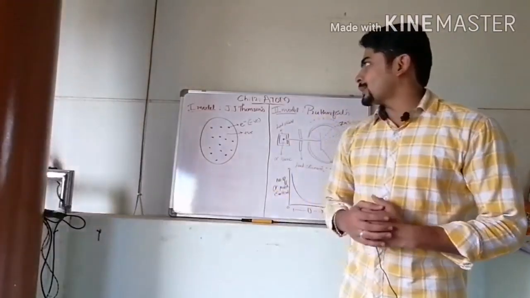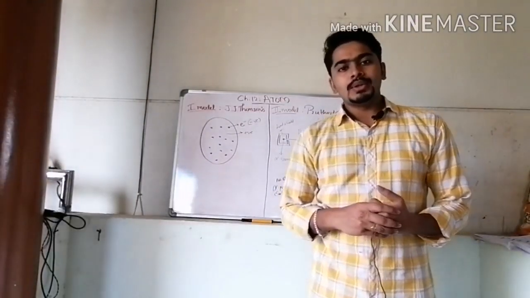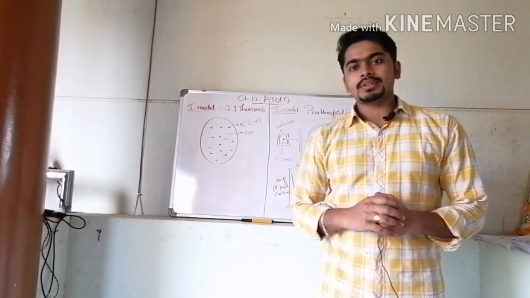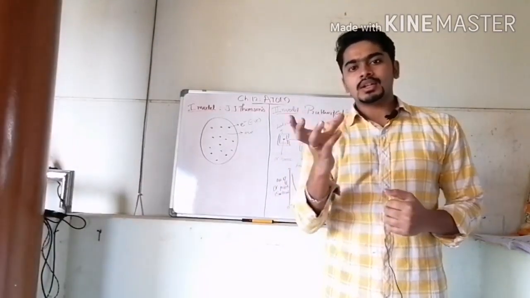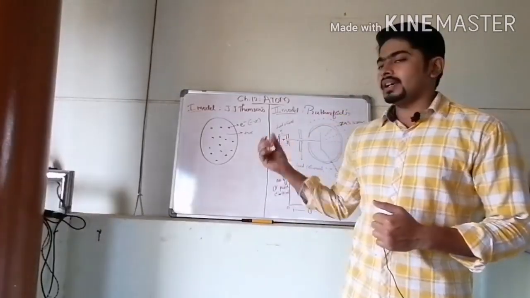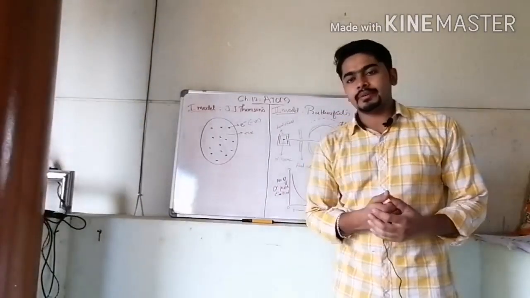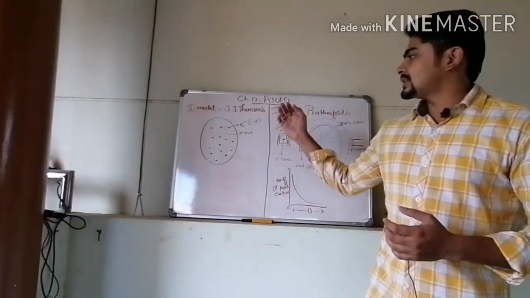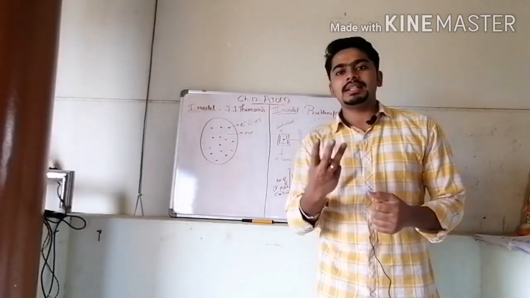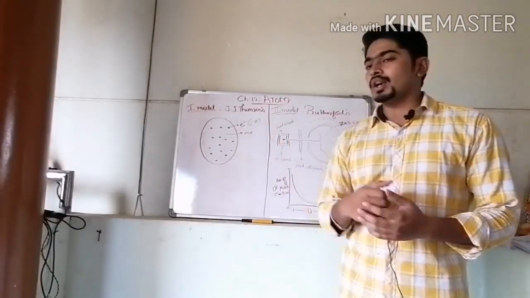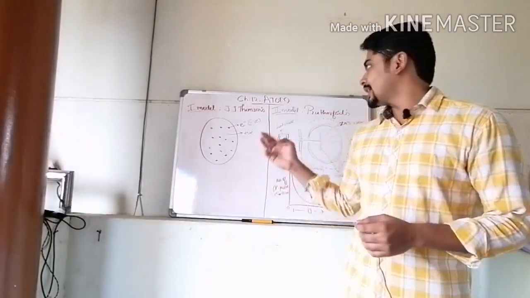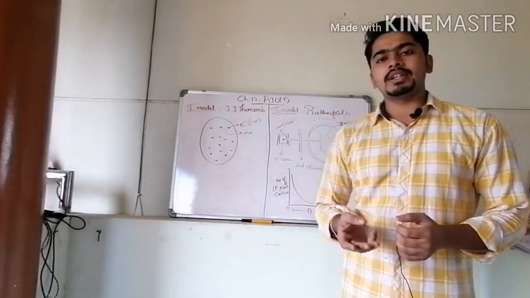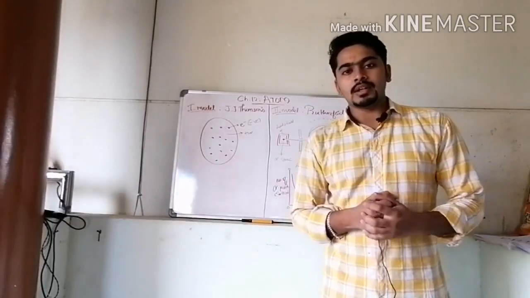We have completed the chapter atom, but in this video we are going to revise this chapter because some of the students might not have understood some of the concepts. So I am revising this chapter in this video, and this chapter includes mainly three models of an atom. First, J.J. Thomson's model of atom. Second, Rutherford, and third, Bohr's atomic model.